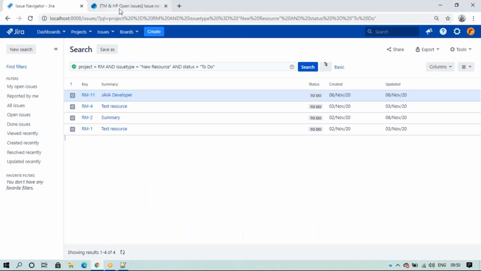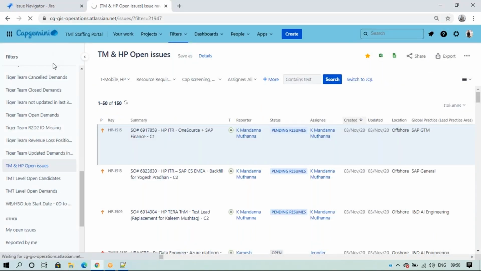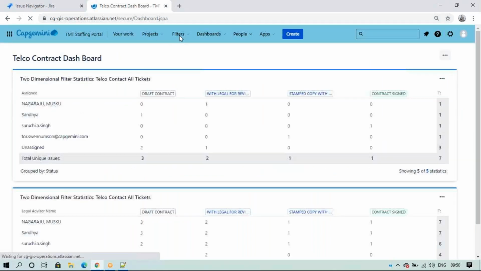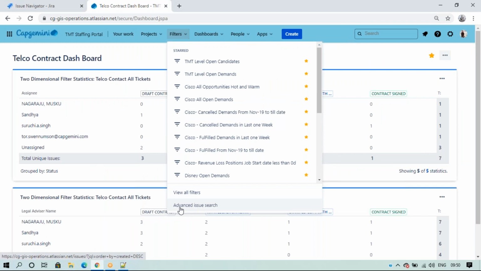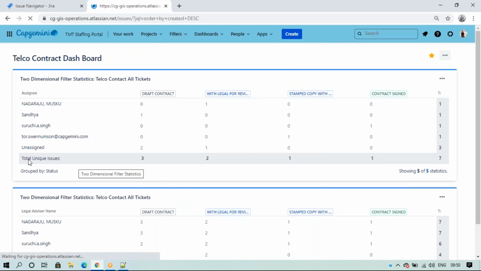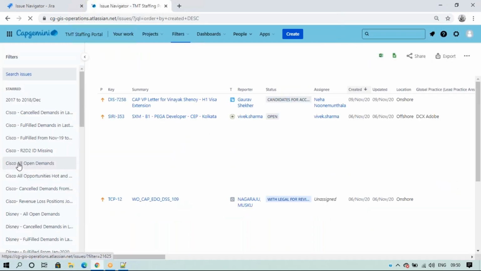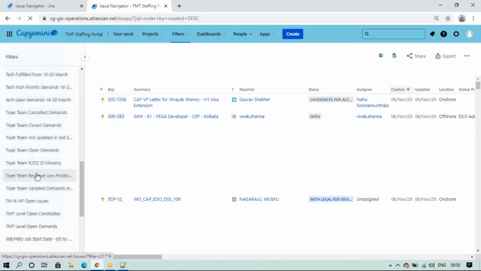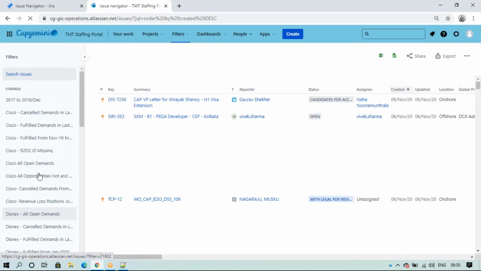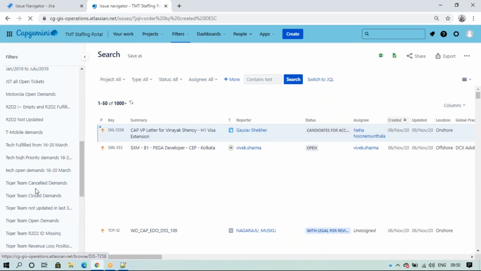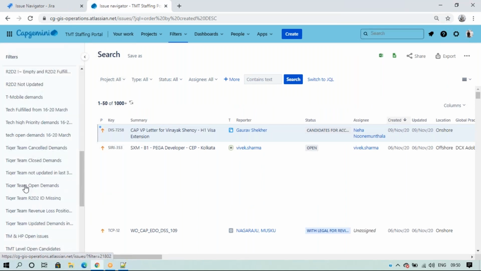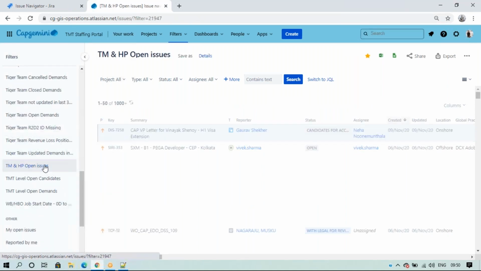So when I open my issues here, if I go to filter and view all filters, and advanced search as well, it will be on the left side. T-Mobile open issues we have here, named T-Mobile and HP open issues.